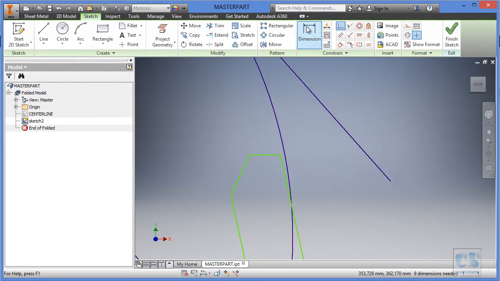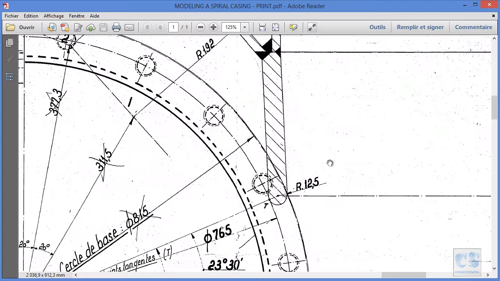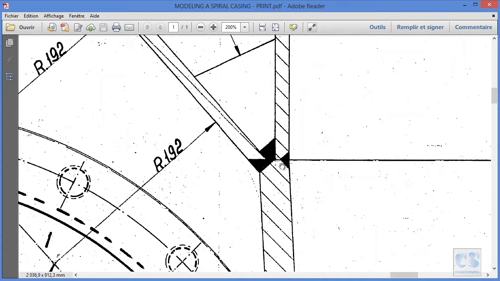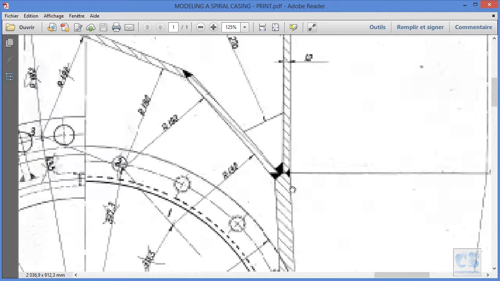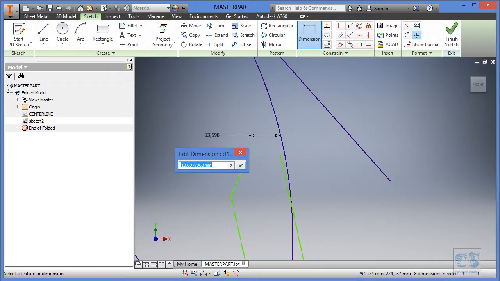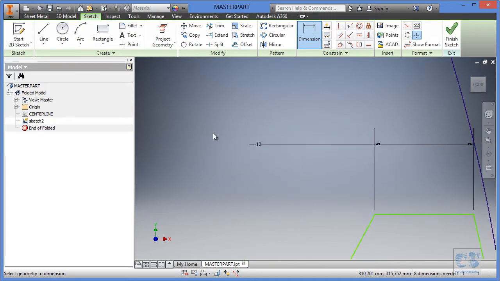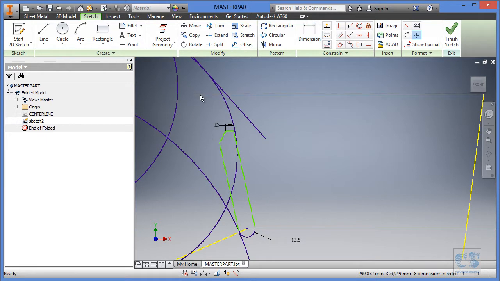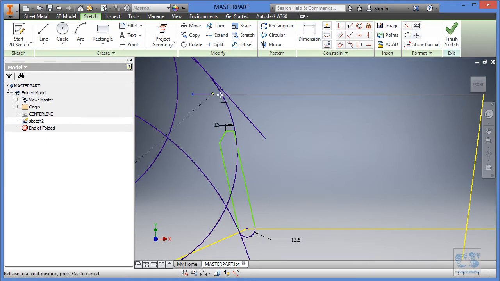Next, we will define the length of this edge, and as you can see on the print, this is almost the thickness of the sheet metal component, so we will guess that it's somewhere around 12 millimeters. So we will use the same value, 12, and we will grab this line and drag this endpoint somewhere like this, and we will add a constant constraint